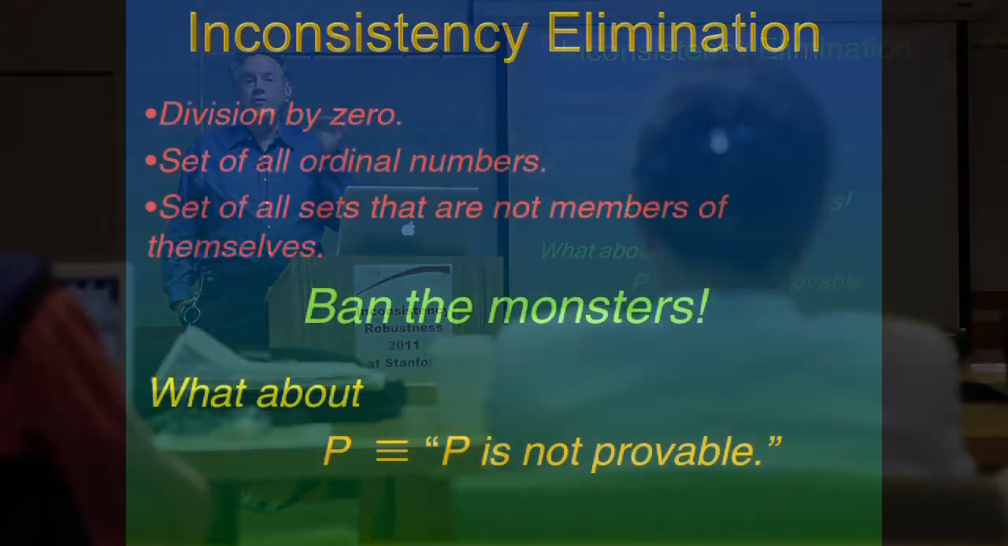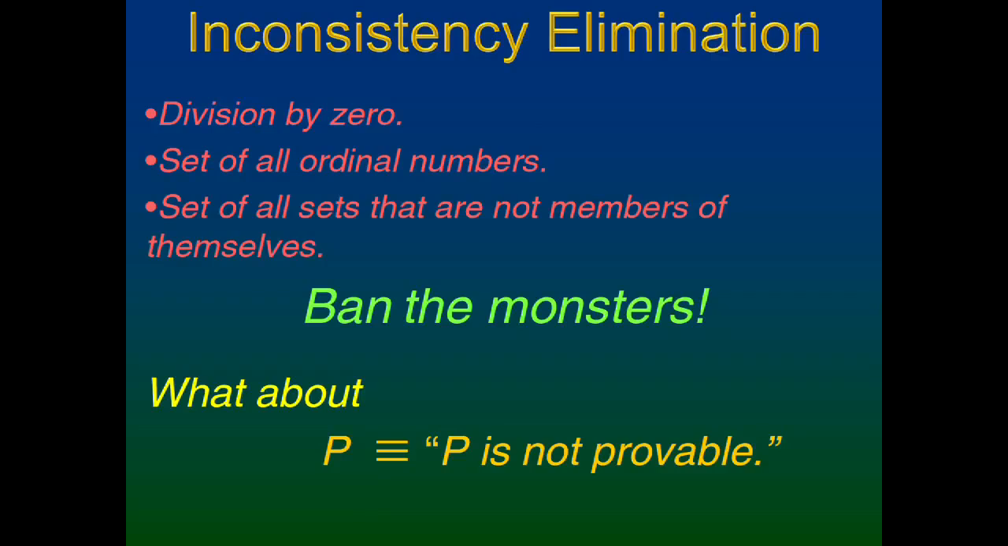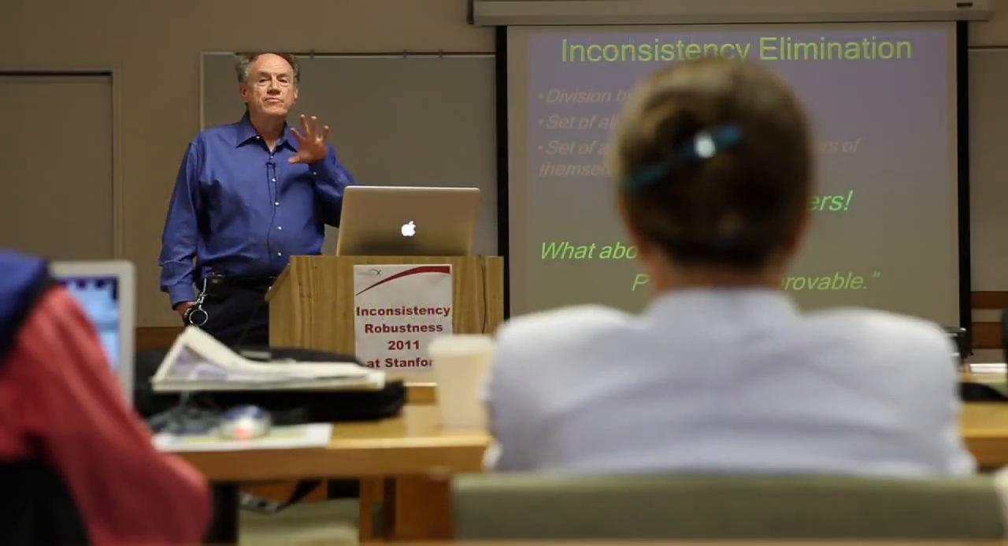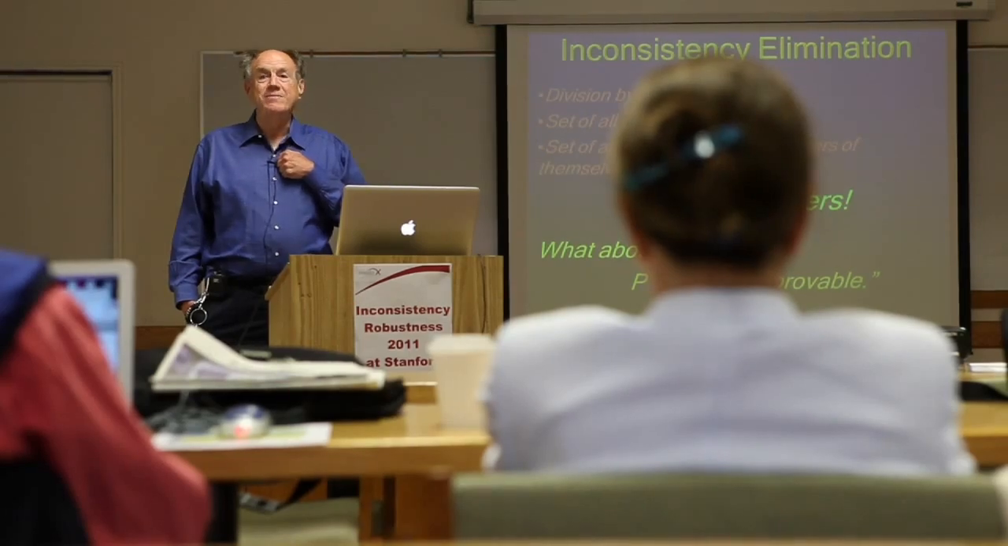Then the set of all ordinal numbers, okay? Also, a paradox of set theory. The set of all sets that are not members of themselves, the famous one due to Russell, right? So mathematics got in the business of banning the monsters. They keep tightening up the rules, banning the monsters, getting rid of the monsters, right? We're going to preserve consistency. It was very successful. But then Gödel comes along and says,